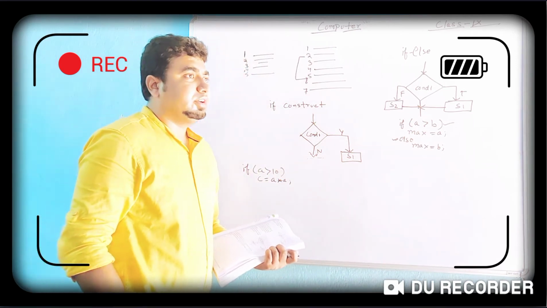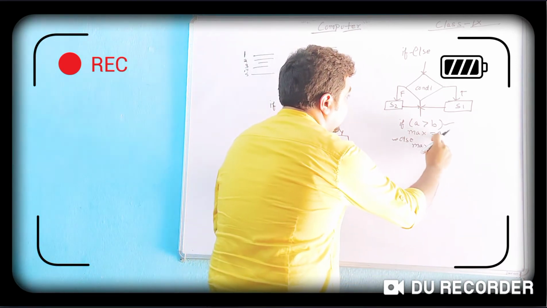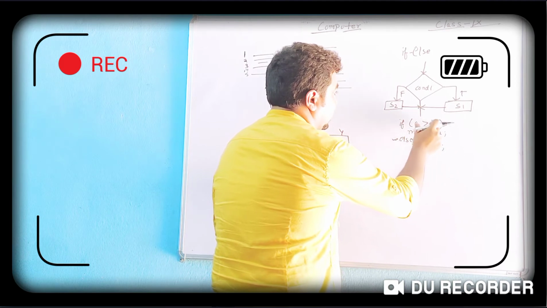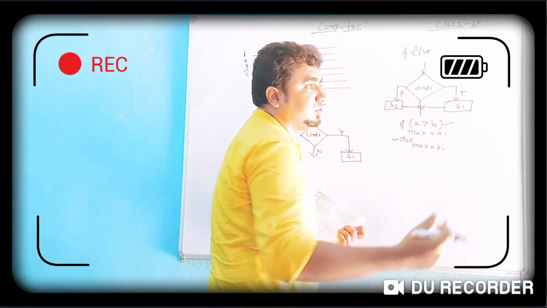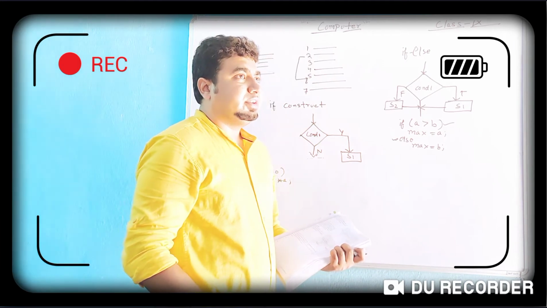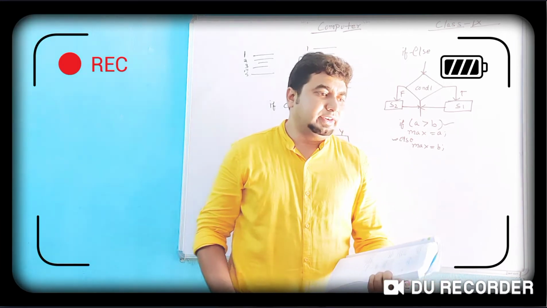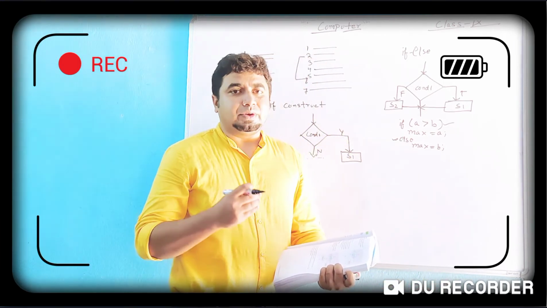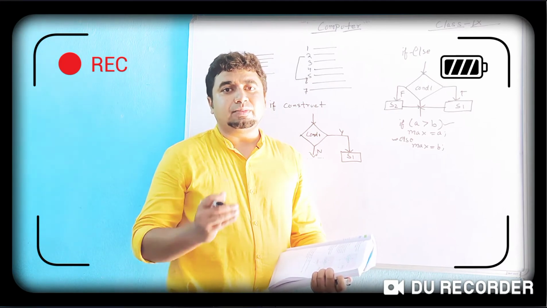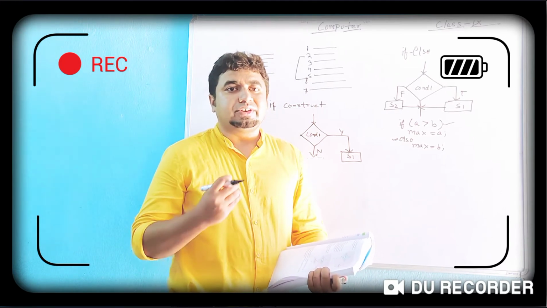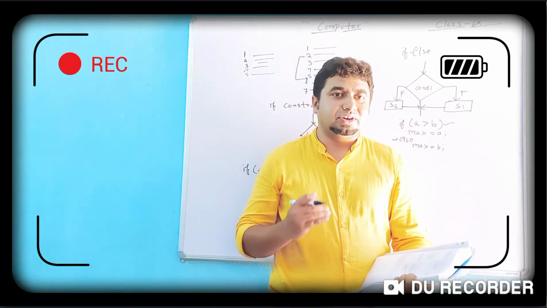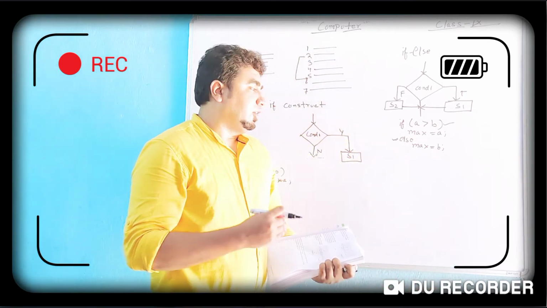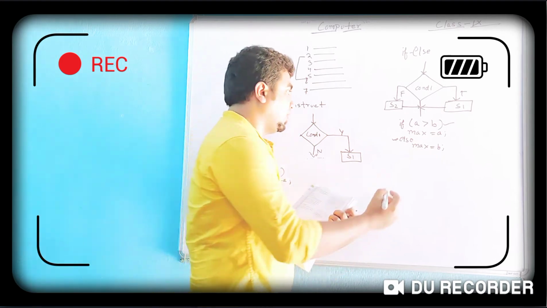Here I have not included brackets because I want to execute only one statement. If you want two statements to execute, for example, if I say you have to first compare two numbers, and from the bigger number you have to subtract the smaller number, what do you have to do here?